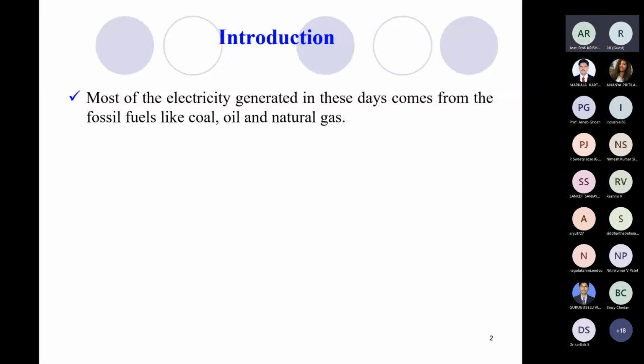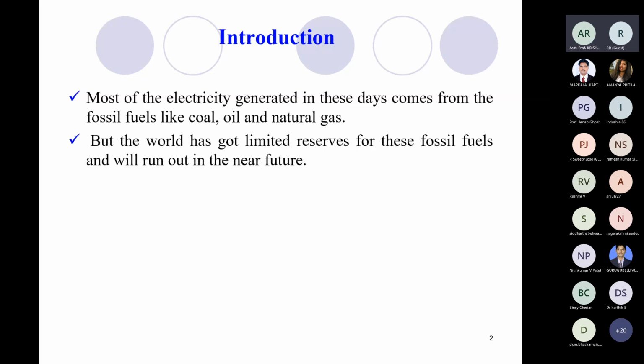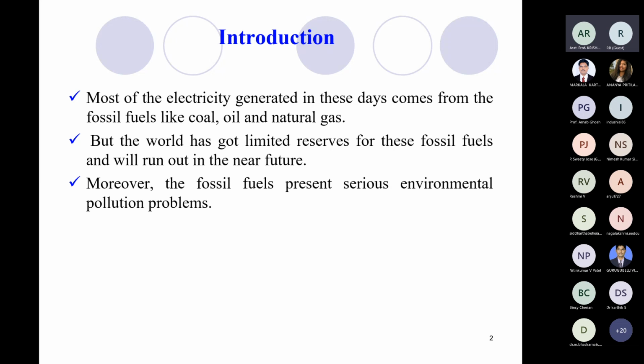As we know, till date, most of the electricity generated in our country or all over the world comes from the fossil fuels like coal, oil, and natural gas. And we also know that the world has got limited reserves for these fossil fuels, and obviously it will run out in near future. So we have to think of some other replacement, and also there are some other problems related with these fossil fuels, like it causes serious environmental pollution problems,